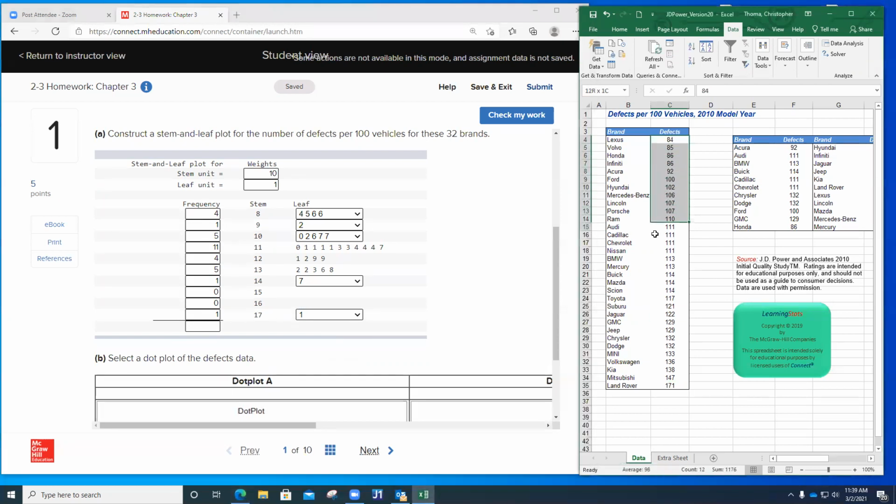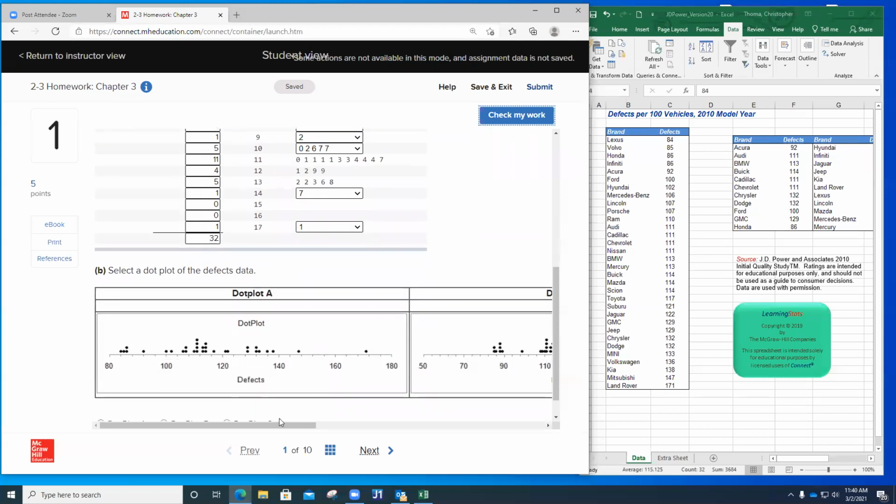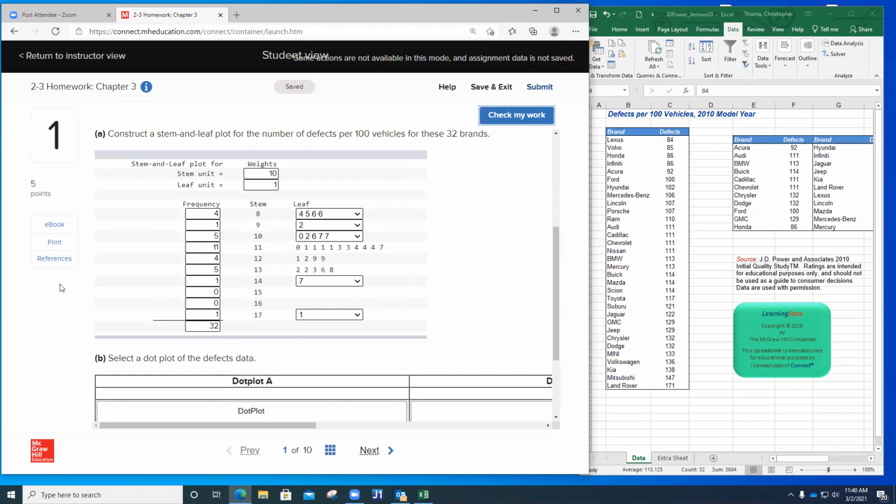As you get comfortable with Excel, you can do a lot of cool tricks. Like I highlight all the numbers, and it says there is 32 numbers that I've highlighted. So this thing must add to 32. Again, you can use your calculator. So let's see, 11 plus 9 is 20, 21, 25, 30, 31, 32. Right, and again, not all the problems will have to check my work, but you can click on it and do a quick check. So a dot plot, what it does is it then takes this stem and leaf and